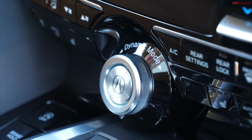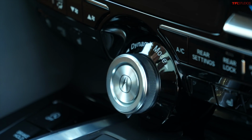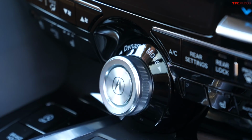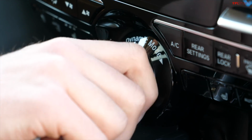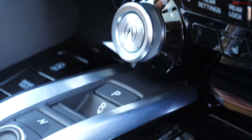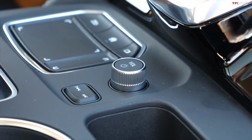Now located here prominently in the middle of the dashboard is the mode selector. It's this really nice silver knob. However, if you're not used to it, you're going to be constantly driving the MDX grabbing this to adjust the volume because it is such a prominent location on the dashboard, and it kind of looks like a volume knob as well. And when you grab it, you turn it and it changes you into sport mode, but it doesn't actually increase the volume of the system. To do that, you actually use the real volume knob, which is down here in the middle of the center console. Obviously, you'll get used to that pretty quickly, but it does catch you off guard if you're not ready